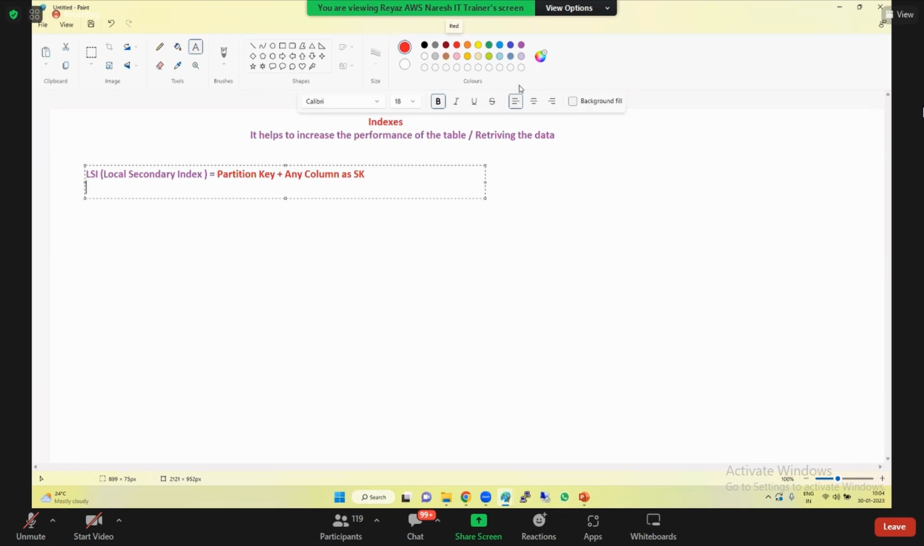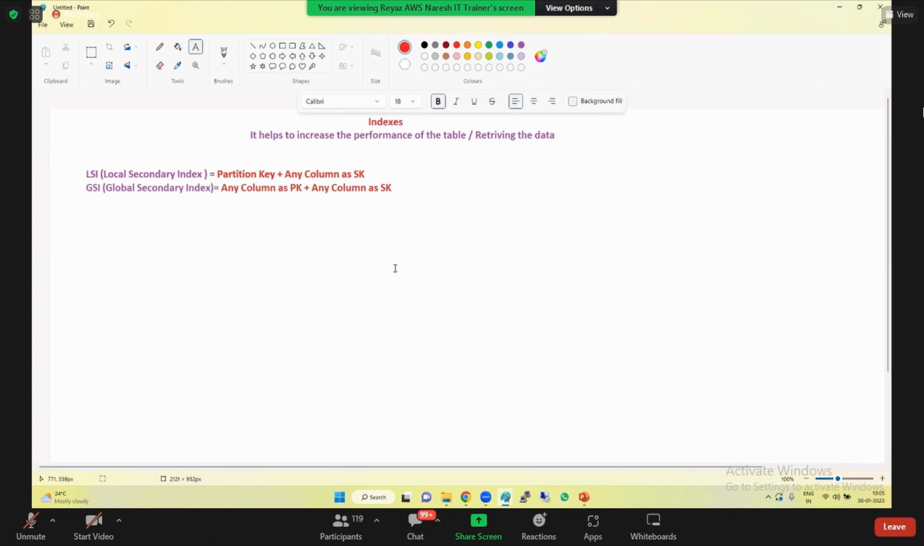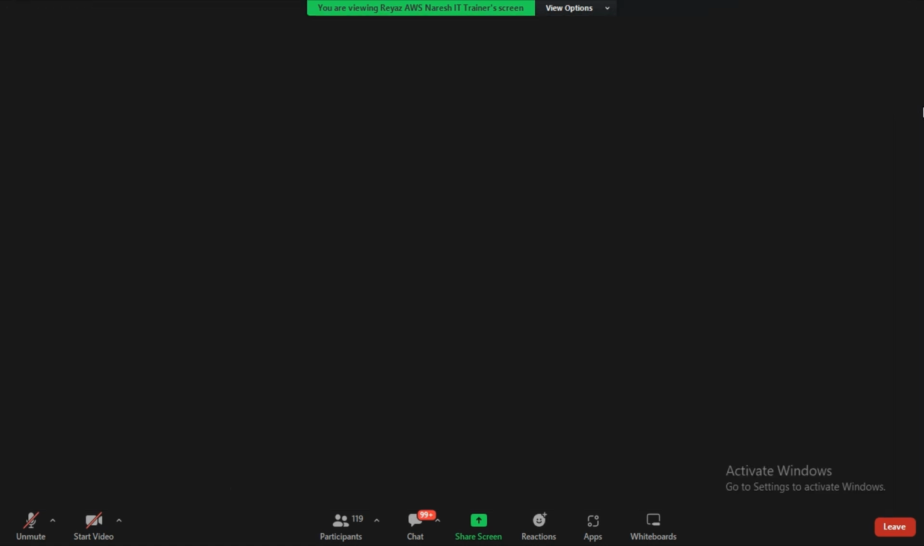Whereas there is another one called GSI, which is called Global Secondary Index, where there is no concept of mandatory. You can have any column as PK while retrieving the data and any column as SK while retrieving the data. Guys, this is the LSI and GSI. If you want to retrieve the data, go with the LSI, but the only difference between both